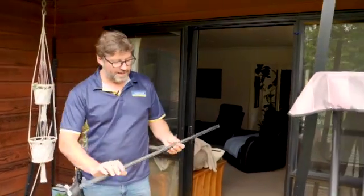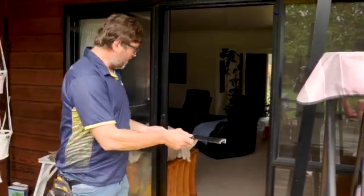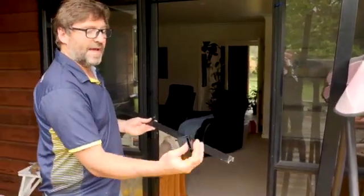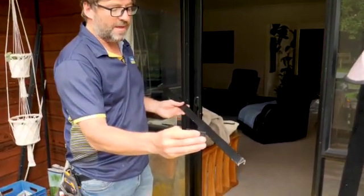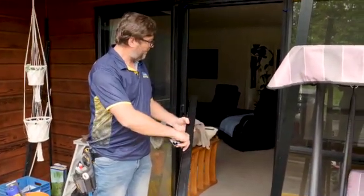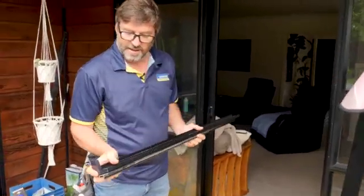All right, now we've come to the installation bit. So we've taken out our beads. What you can do when you take out the cover trim beads is use this bead as a template for your build-out frame. Remembering, along the bottom on the build-out frame we have a corner jointer. So we take this size here and all we have to do is take off 25 mils, which is the width of this corner jointer when it joins into the build-out frame. I normally take an extra couple of mils off. So in this case, here's the build-out frame. I've taken 27 millimeters off that size so that when I put in the build-out corner into here,